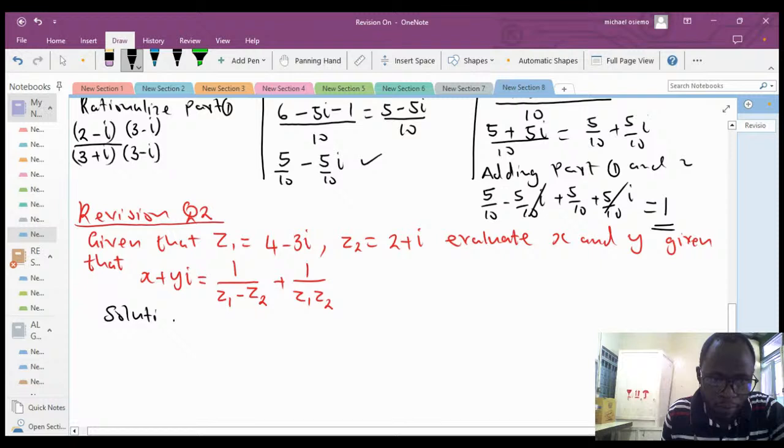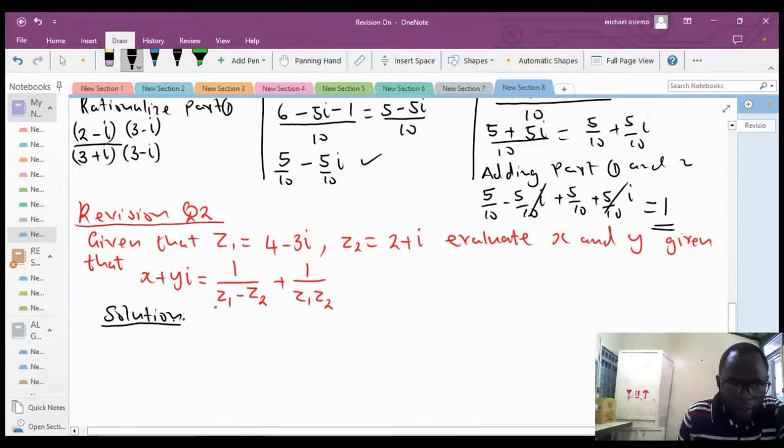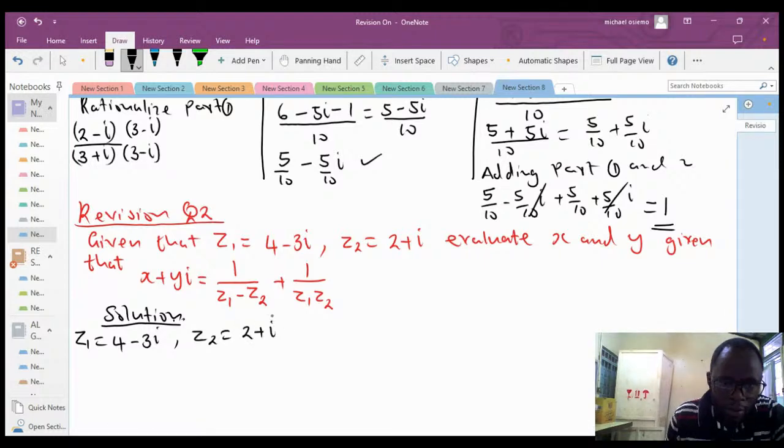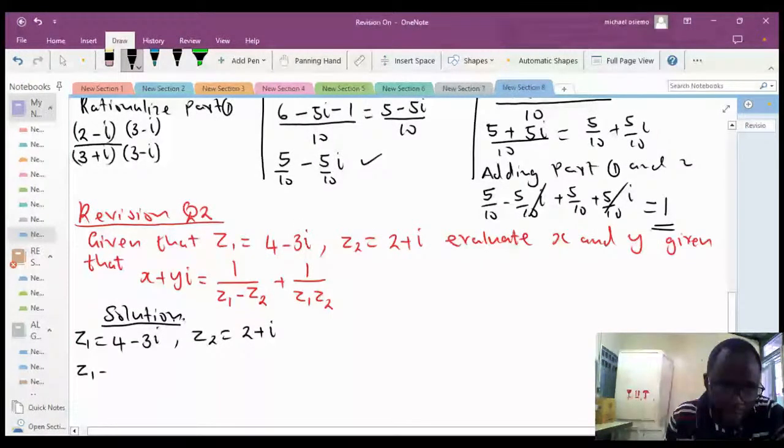So we have z1 equals 4 minus 3i, and also we have z2 equal to 2 plus i. So I want z1 minus z2 first. We'll have 4 minus 3i